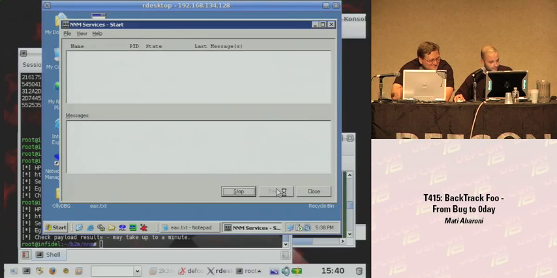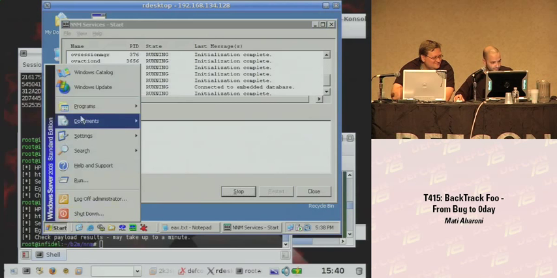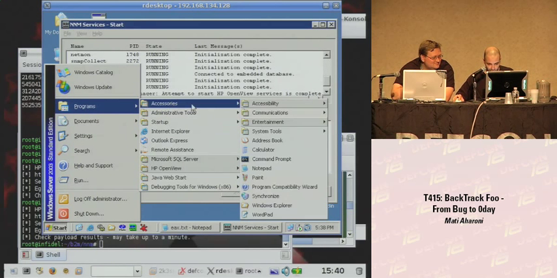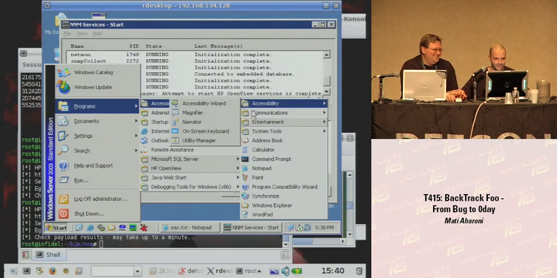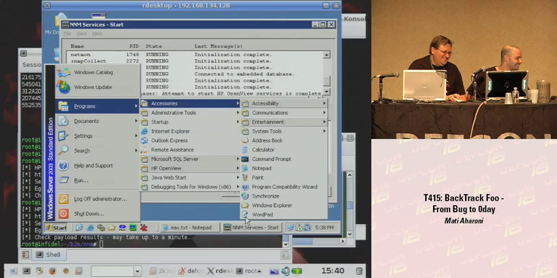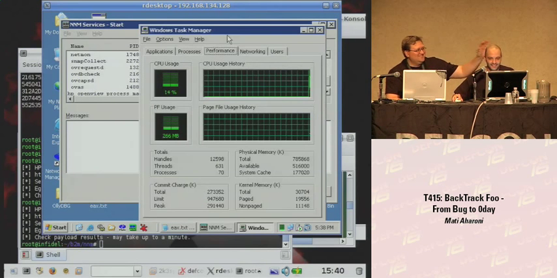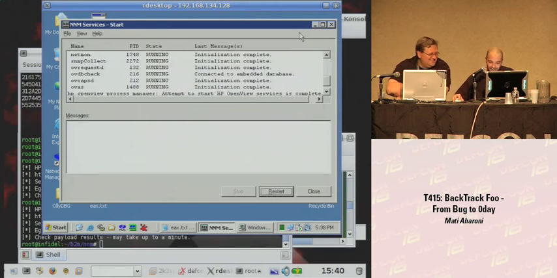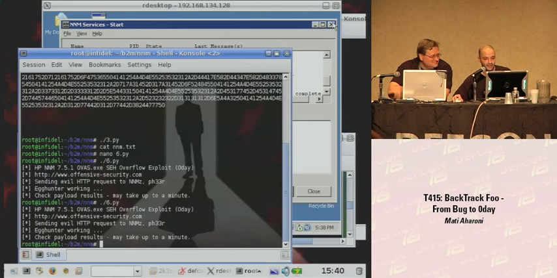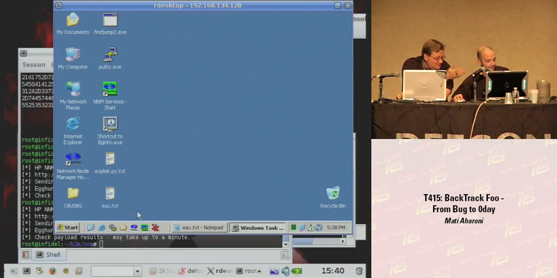Alrighty, so what do we want? How do you get to the task manager thing? BackTrack! Ah, yes, that's the one. It's okay. All right, so what's this little box right here? As the machine gets hacked,